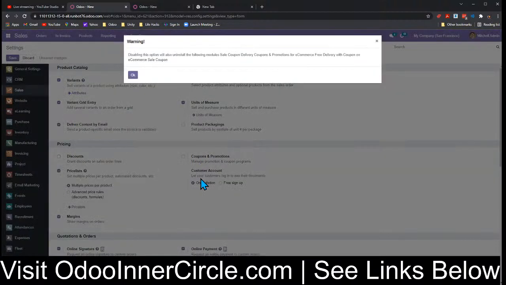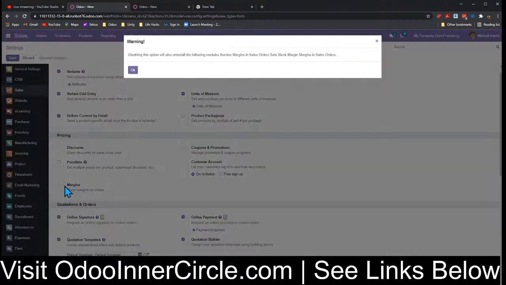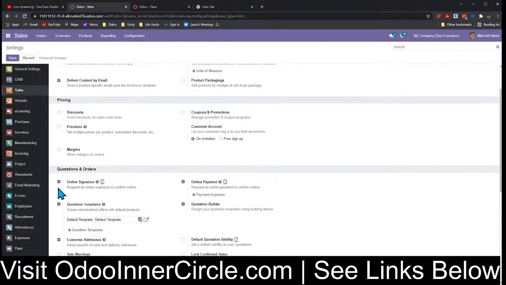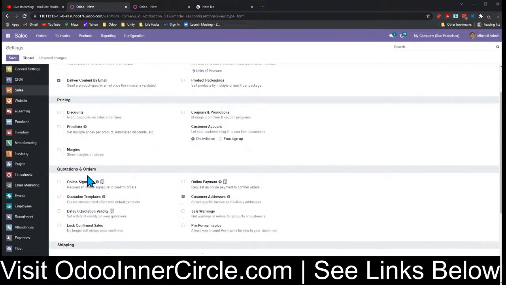But you'll see most of this stuff is not Enterprise. Coupons, promotions, which had a big upgrade also in 15, not Enterprise. Price list, not Enterprise. Margins, not Enterprise. So most of this stuff you just get for free with Community. What I can do as I'm unchecking all these is tell you a little bit about how